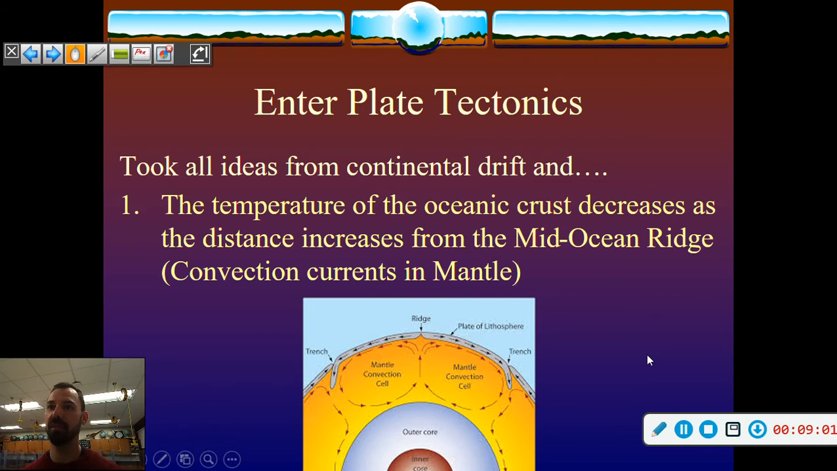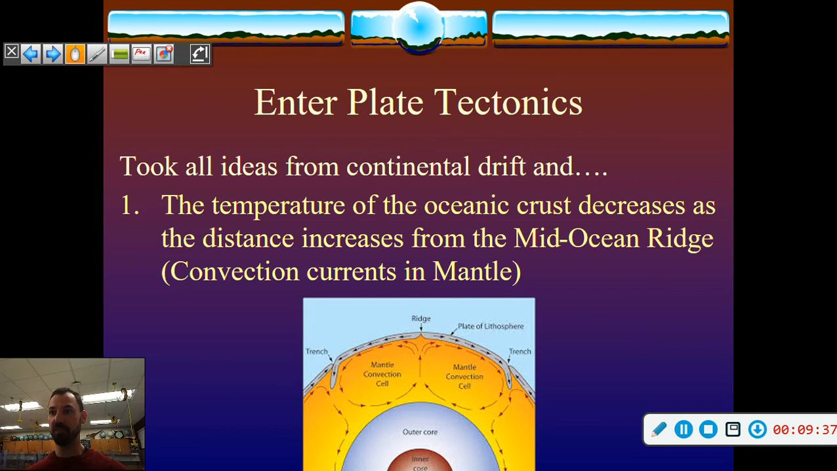Okay, so plate tectonics took all the ideas of continental drift and added more. So temperature of the oceanic crust decreases as you move away from mid-ocean ridges. So we discovered mid-ocean ridges by going down in these two-man submarines. One called Alvin, that's the main one that we use. Okay, obviously some other countries have some too, like China, I know. They just got down to the bottom of the Marianas Trench recently. But either way,